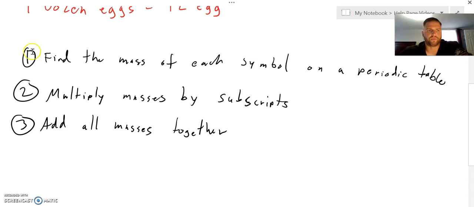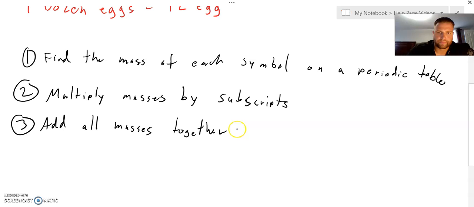So here goes. Rule number 1, or I'm sorry, step number 1: find the mass of each symbol on the periodic table. Step number 2: once we find the mass of all these symbols that we need for a specific example, we will multiply those masses by the subscripts, okay? So those are the little tiny numbers that are found next to the elemental symbols in a formula. And here's step number 3: add all the masses together,